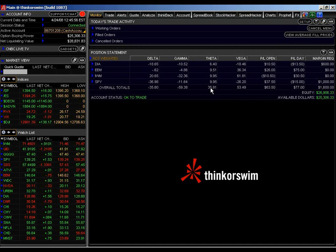What you really want to take a look at is if any of these overall totals on your portfolio start to get out of line dramatically. Sometimes that can happen the closer you get to expiration. That's why we like to close out positions around 7 to 10 days before expiration. Theta, however, is I would say the most important, because that's where we really make our money. Once we get closer to expiration, you'll see theta change. If theta should change dramatically, say it went from $35 a day down to $2, $3, or $4 a day,